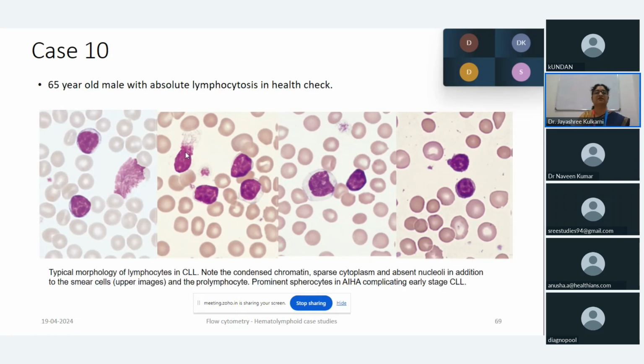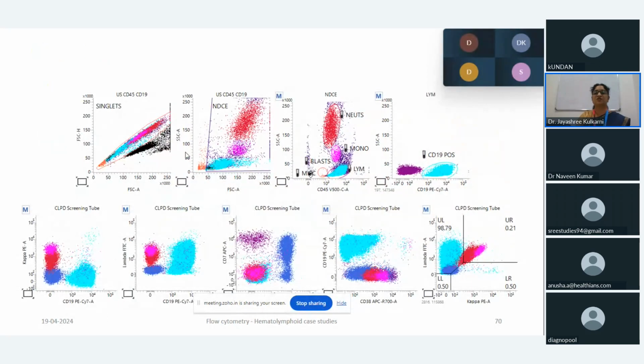This is in a 65-year-old lady with absolute lymphocytosis. And once we run the flow, you have all of this. Now please note that there is nothing in the dim CD45. Everything is falling in your bright CD45, which are your lymphocytes. But from that, you need to know which is your abnormal population, which you can see by how much is